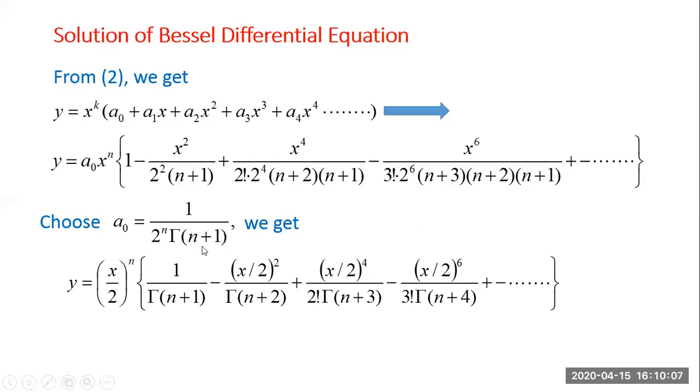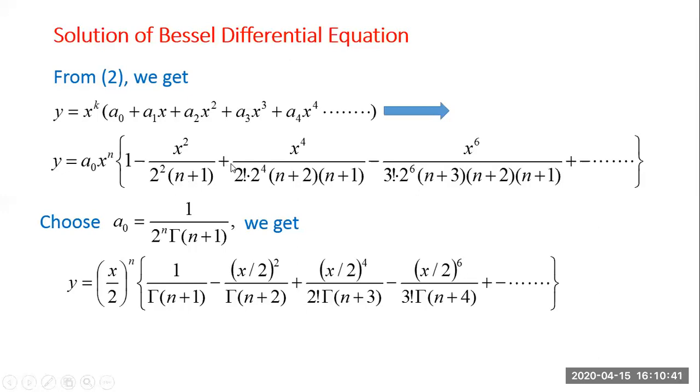And take this 1 upon gamma n plus 1 inside this series, inside this sum. So we get 1 into 1 upon gamma n plus 1. So we get 1 divided by gamma of n plus 1 minus this x square by 2 square, I write it as x by 2 whole square in the numerator. So in the denominator, I get n plus 1 into gamma n plus 1. By the property of gamma functions, we know n plus 1 gamma n plus 1 can be written as gamma of n plus 2. So n plus 1 gamma of n plus 1 becomes gamma n plus 2.